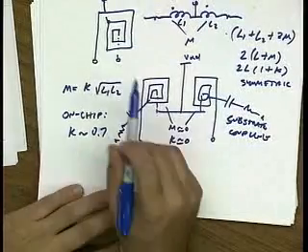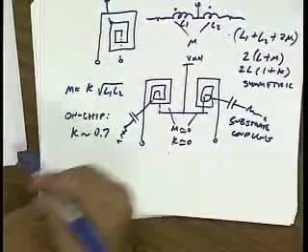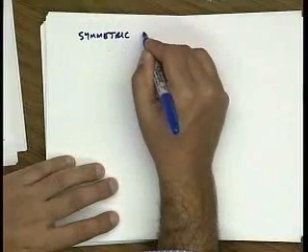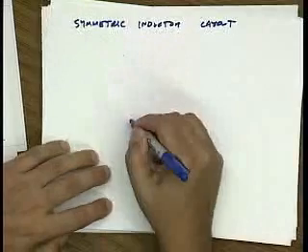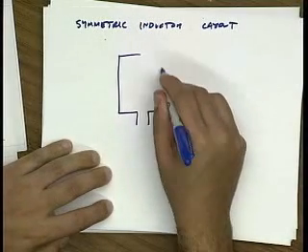So basically, I'd like to get back to something like this, but something that's more symmetric. And one way you can do that is with a symmetric layout. So let's say a symmetric inductor layout. And here's one way to do it. You guys can dream up other ways to do it. You basically come in